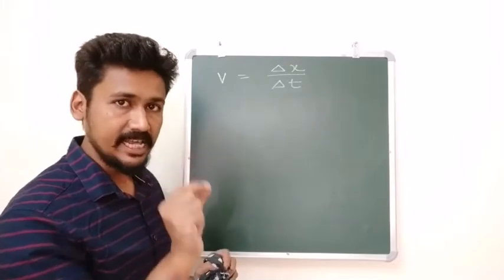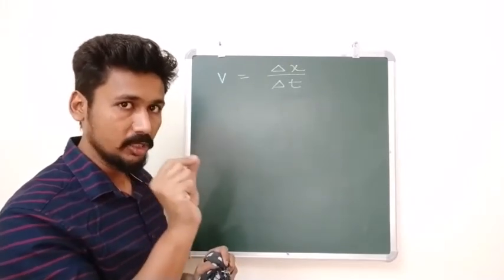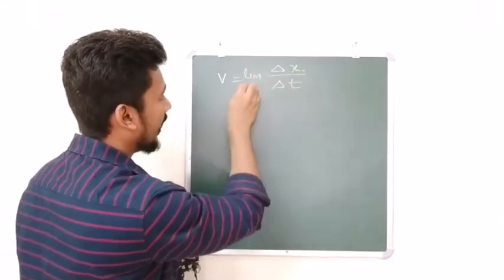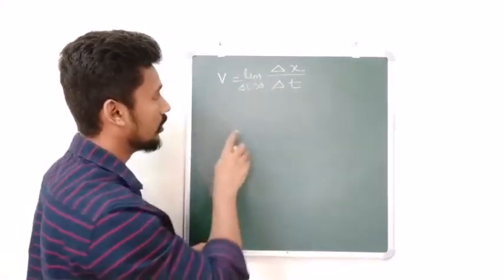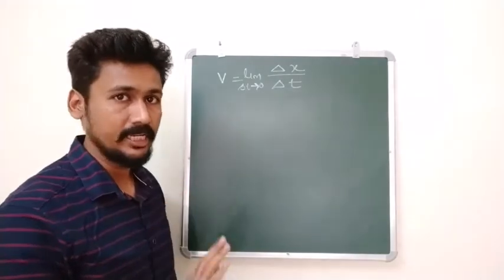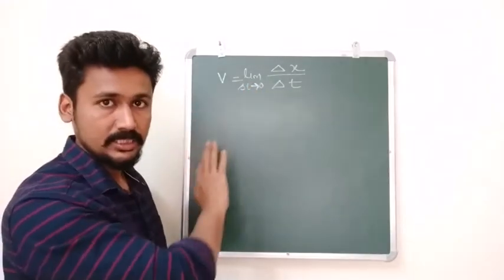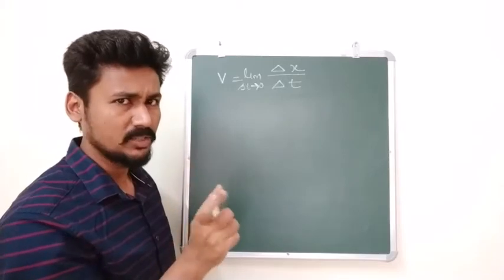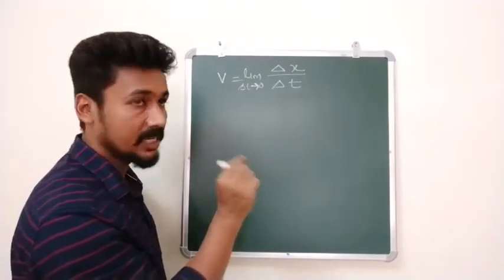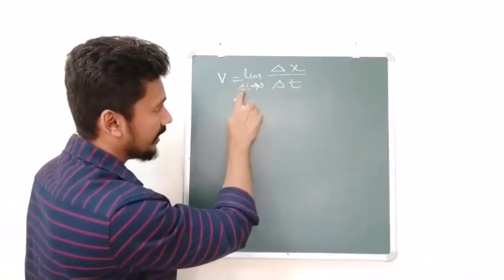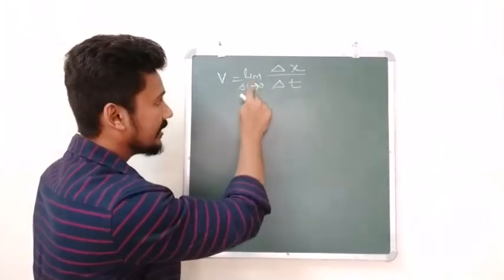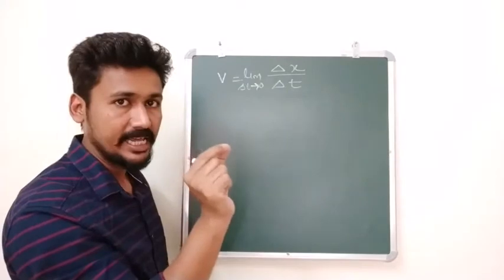So to find instantaneous velocity, that is at one particular time t, we have to take something called a limit as delta t tends to 0. This concept of limits you are going to see in mathematics in detail. Here I will not go into it, just as much as we require for our formula. That means when delta t is very small. If I take this limit, then I will get the instantaneous velocity.